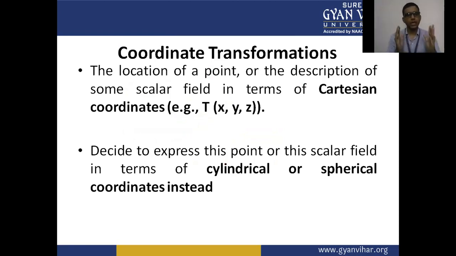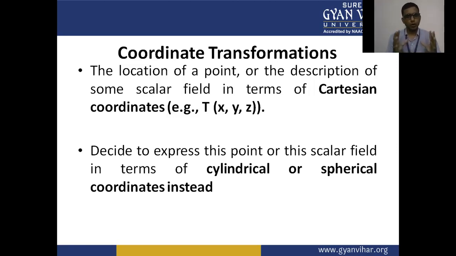In the next section, we have the coordinate transformation: how the coordinates are transformed from one form to another. We have some relationship between each coordinate system. The rectangular to cylindrical coordinate transformation formulas we have already discussed in the previous lecture, and today we are going to discuss some other coordinate transformation relationships.